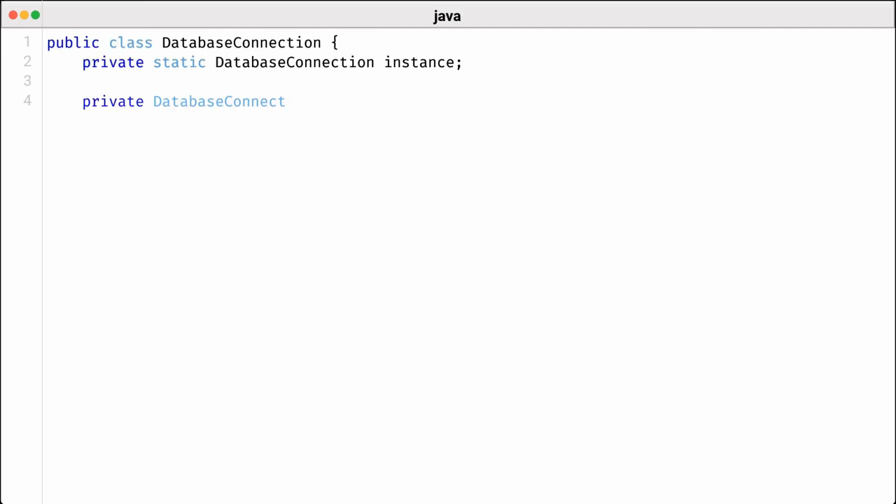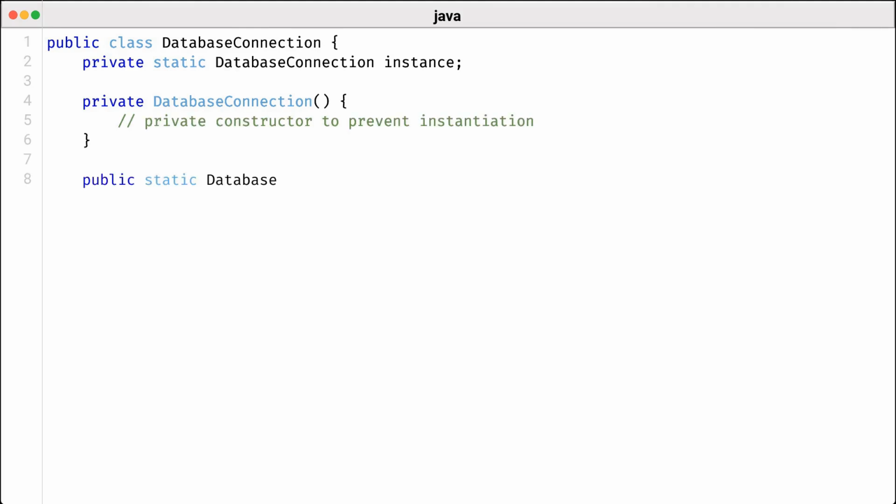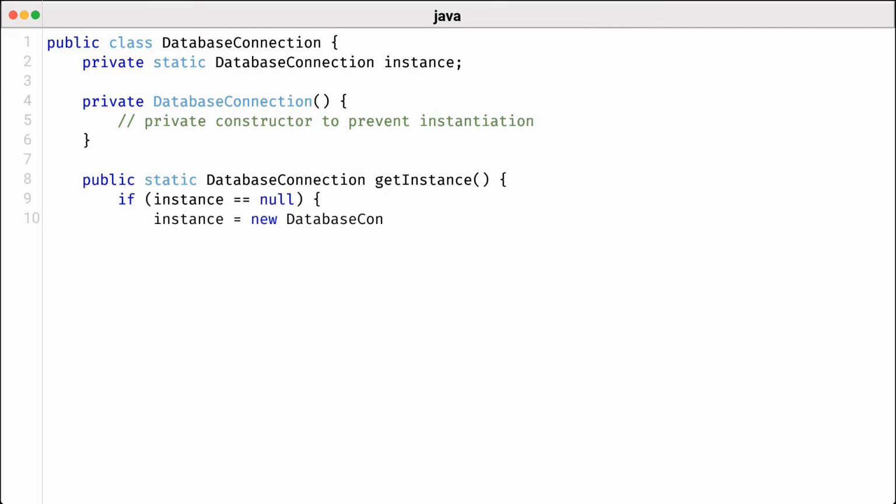Next, we will explore the implementation of the Singleton pattern through a practical example. In our code, we define a class called DatabaseConnection that is constructed to ensure only one instance of itself is created throughout the application. This is crucial in scenarios like managing database connections, where having multiple instances could lead to unnecessary resource consumption and